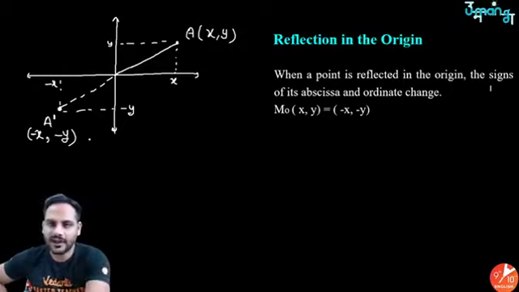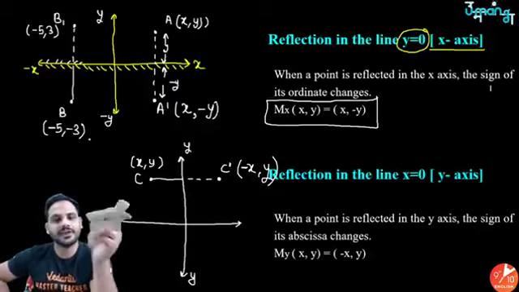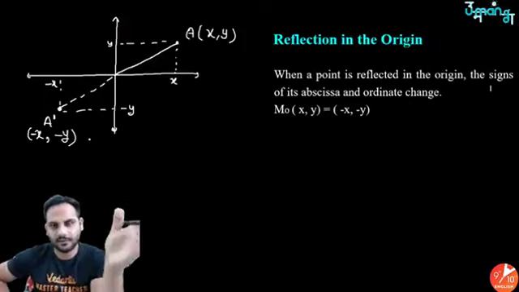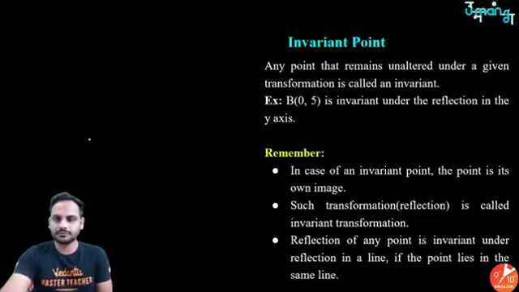So reflection under x-axis, the y coordinate will change the sign. Reflection under y-axis, the x coordinate will change the sign. Reflection under origin, both the coordinates will change their sign. If it is positive, it will become negative. If it is negative, it will become positive. Okay, then